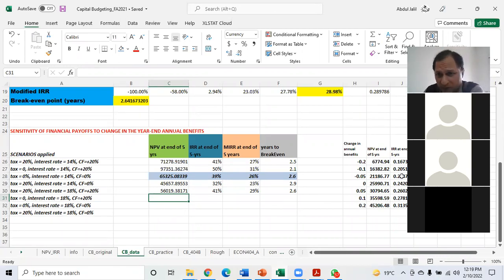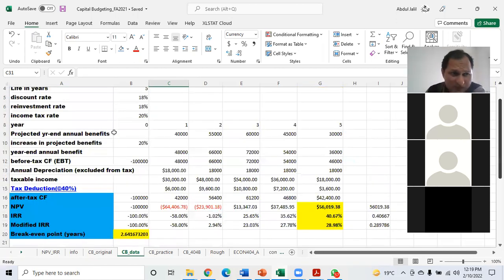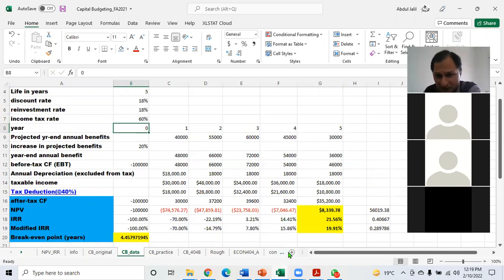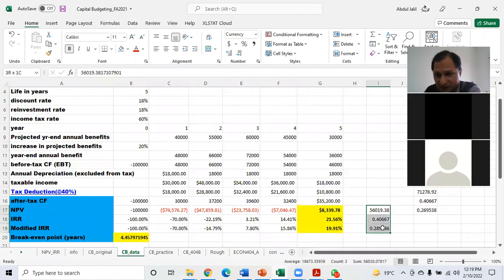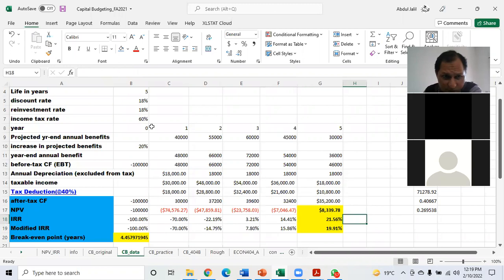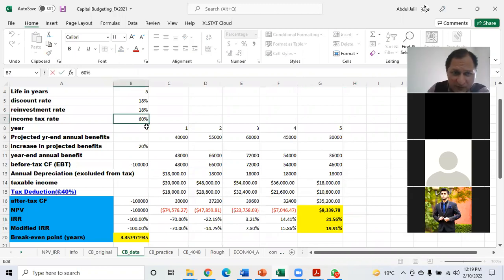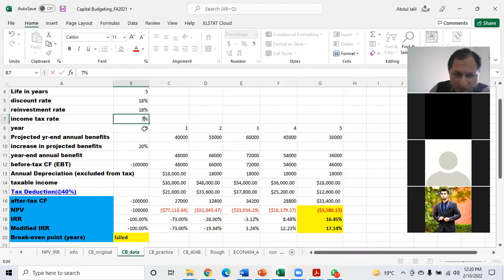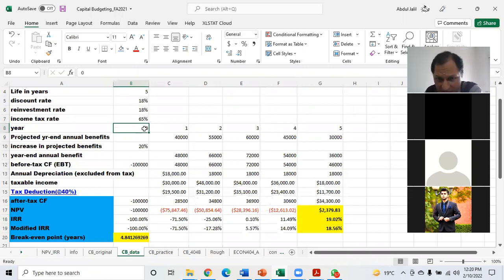Let's suppose we may observe, just like previously we have observed, how much maximum tax burden with the given other situation this business can afford. Let's suppose if I'm going to make it 60%, then what will happen? It will become 4.4 your break-even point, and only last year you will get some kind of returns. And let's suppose even at 60% your project will generate some positive returns, but what happens at 70%, or if 7% straightforward losses, so it means maybe 65% or a